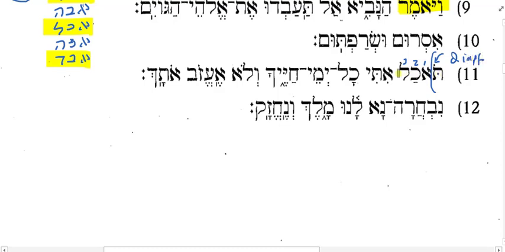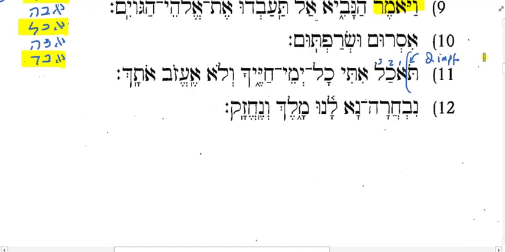With the prefix tav, no ending, it's 2 possibilities. 3fs or 2ms. Okay, so at this point, we do not know who we're talking about. So it's an open question. But as we keep reading, we're going to come to this pronominal suffix with the ka. Which pronoun is ka? That's 2ms. So that gives me a presumption that I'm probably dealing with a you as a subject over here,